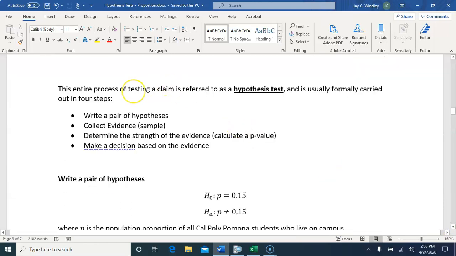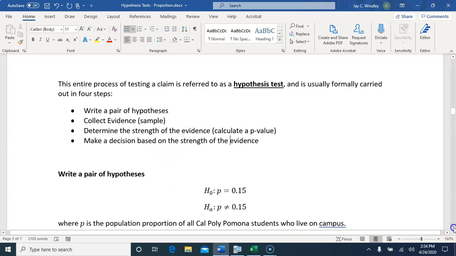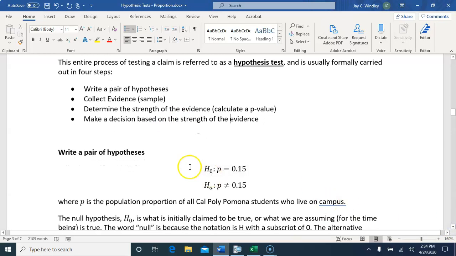The entire process of testing a claim is referred to as a hypothesis test and is usually formally carried out in 4 steps. First of all, write a pair of hypotheses, then collect evidence, then determine the strength of that evidence, which is our p-value, and then make a decision based on the strength of the evidence. So, by the way, this 4-step process